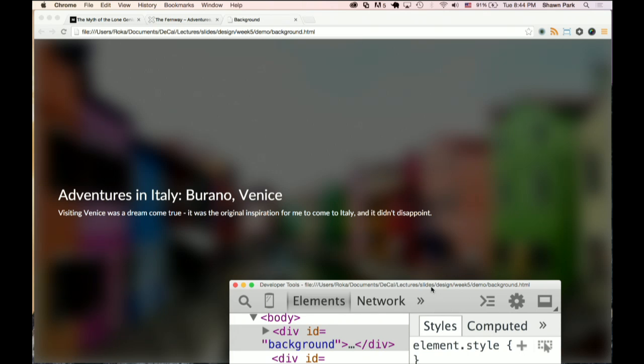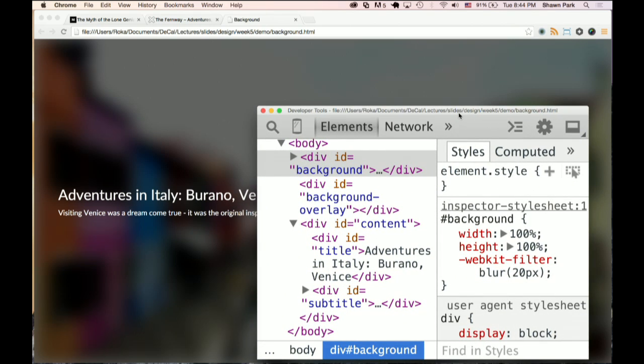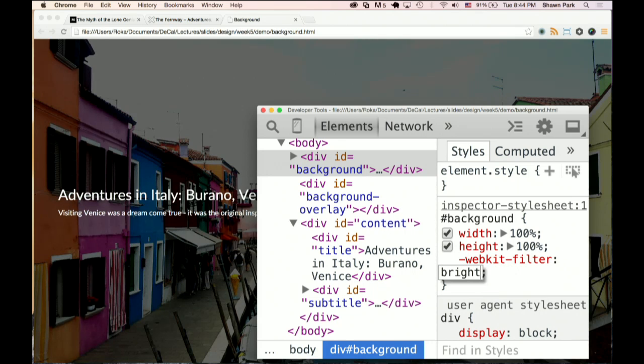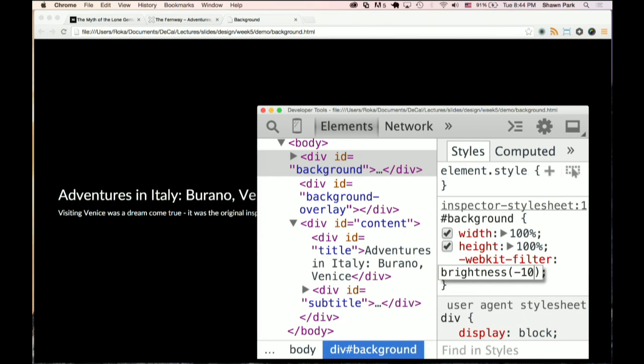Number one is that blur is not supported on all browsers. It has very limited browser support. And number 2 is that the performance is not that great when it comes to all browsers. And it also reduces the quality of an image. What you can even do is decrease the brightness of it.